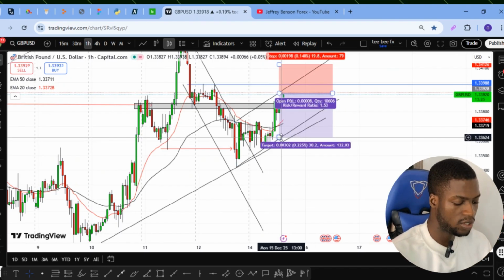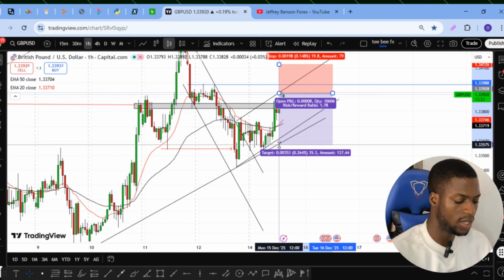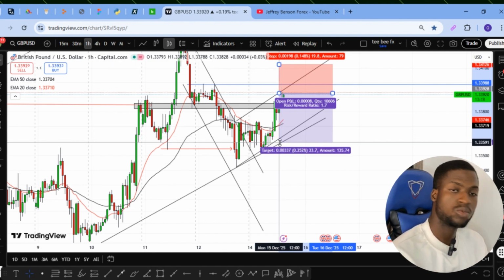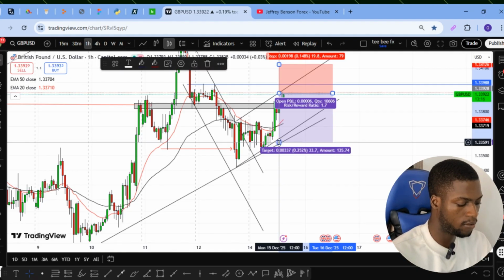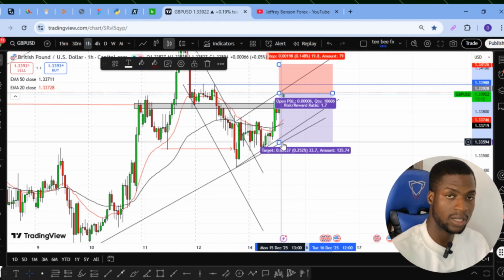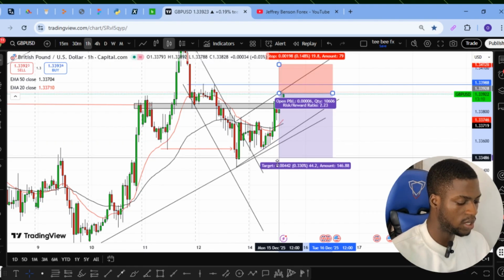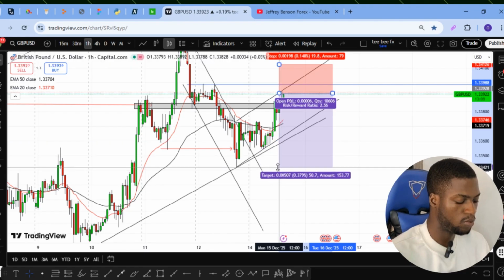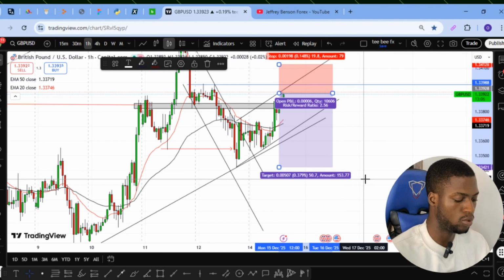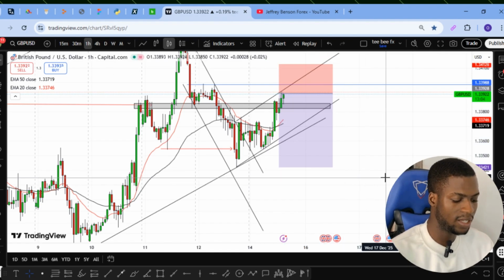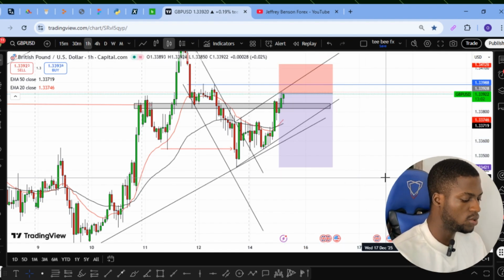And if this trade is going to be a winner, hopefully, I'm going to be looking to take off my position at this trend line, maybe partial profit at this trend line once price gets to it, and maybe take the rest of the full position after price breaks this previous low here. But as it is now, price is showing a strong